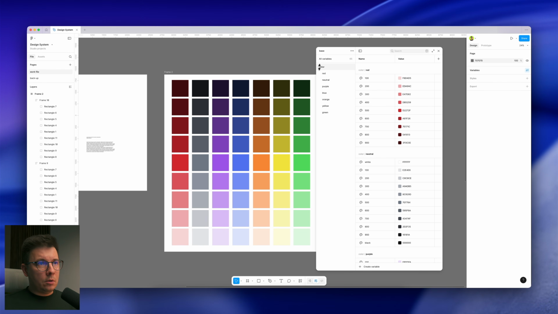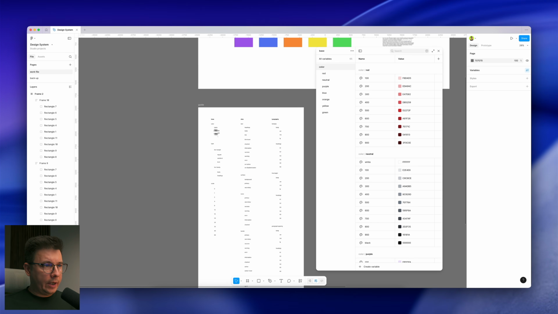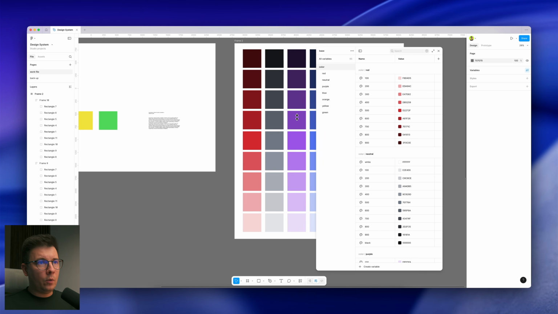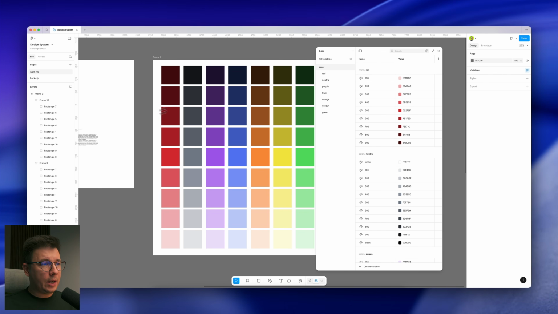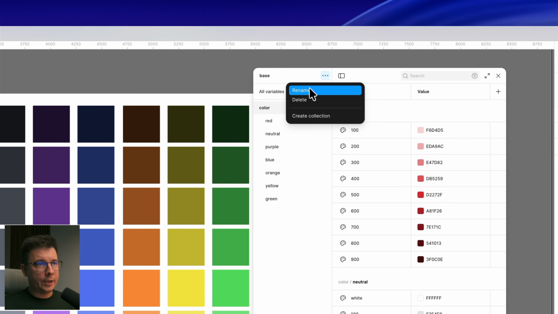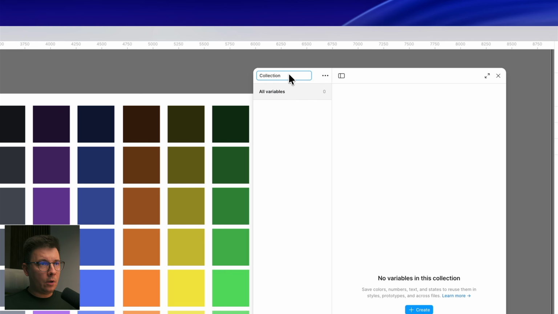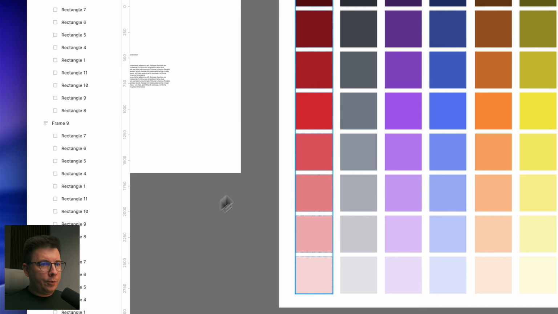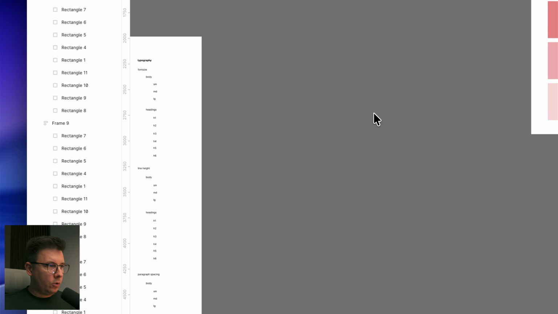Great. So this is the base, and now we'll need to create aliases for these colors. We're not going to go right now to the next parts of the base collection. I just want to finish with the colors. So the next step will be to create aliases. And how we're going to do it, we'll create a new collection, and we'll call it aliases. Again, you can call it whatever you want. It doesn't really matter. It's just for you and for the client if you're doing this work for a client,